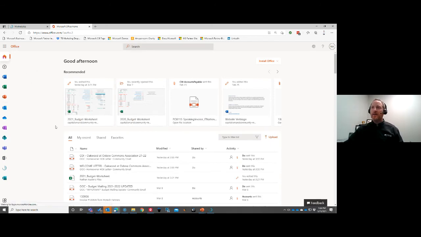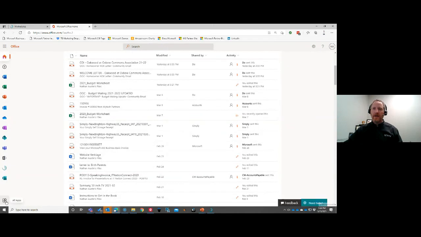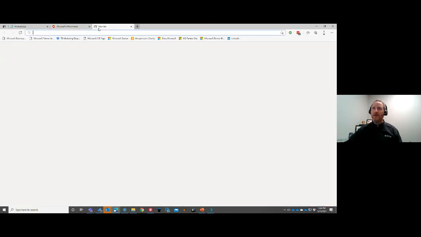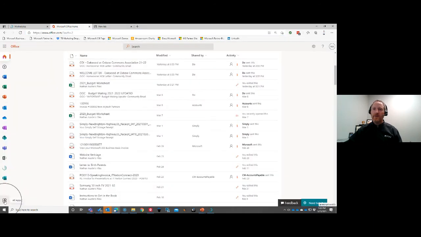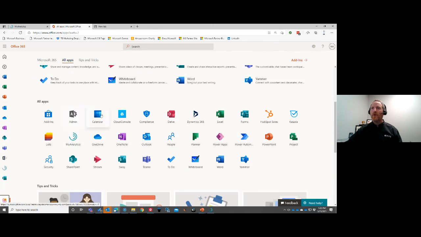But basically, you can scroll down. There's this little icon down here that is unique. You can click on that, and that'll pull up all the applications that you have access to in the environment. There's also shortcuts along the side, but these are your most commonly used ones.